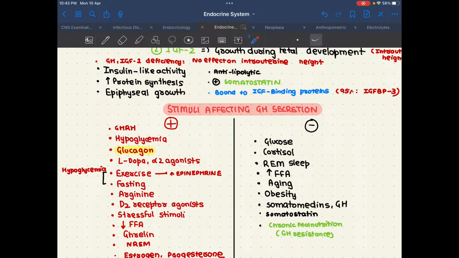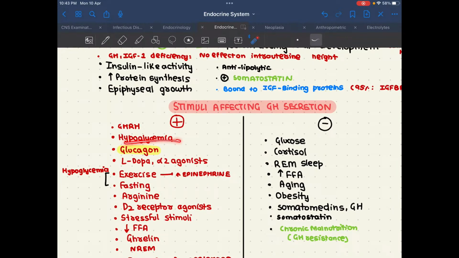कम कराना है, बढ़ाना, ये हमें देखना है. तो hypoglycemia, starving, fasting, hypoglycemia or exercise all are going to increase the growth hormone synthesis. Growth hormone releasing hormone from the hypothalamus also releases growth hormone, obviously. L-DOPA important है. Glucagon is very important because glucagon हम use करते हैं as a stimulation test for growth hormone testing. So L-DOPA, alpha-2 agonist, exercise, fasting, some amount of amino acid which are obviously present in these muscle protein